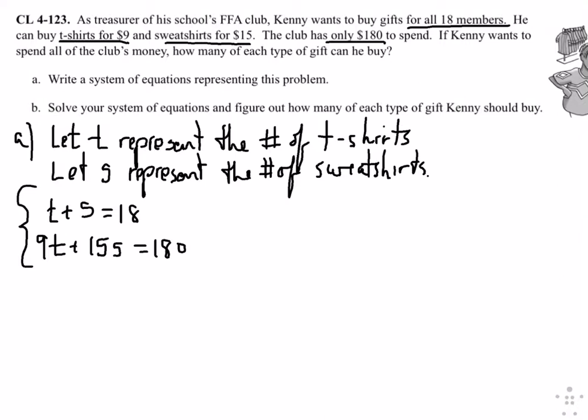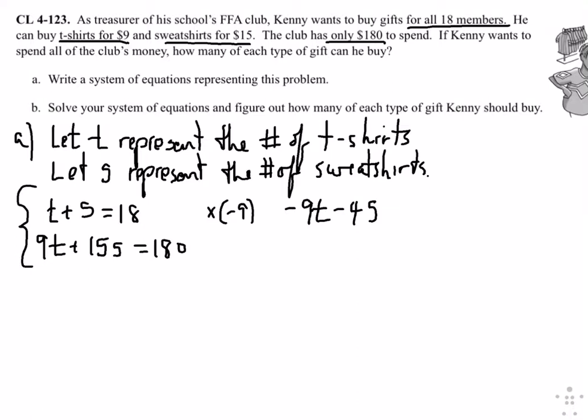So I am going to, let's see, I'll solve this one with elimination. So I'm going to multiply the top equation by -3, right? So our new equations are -3t minus 15, or minus, oh wait, sorry, I thought that was plus s. Let me back up here. Okay, so I'm not going to multiply by -3. Let's erase this. I'm going to multiply the top equation by -9 to cancel the t's, right? So times -9. So I get -9t